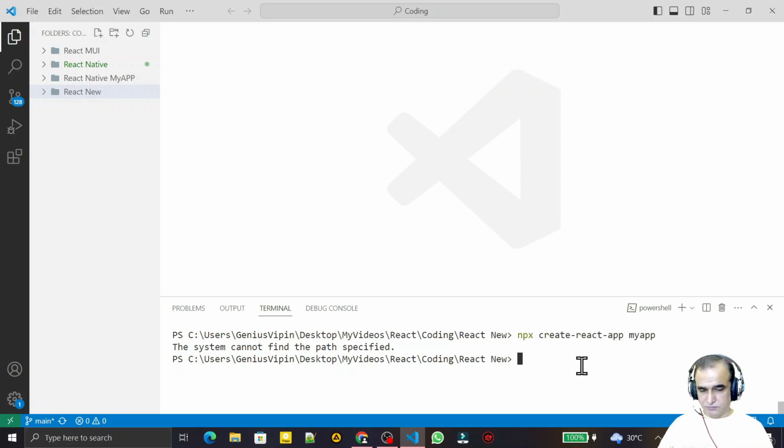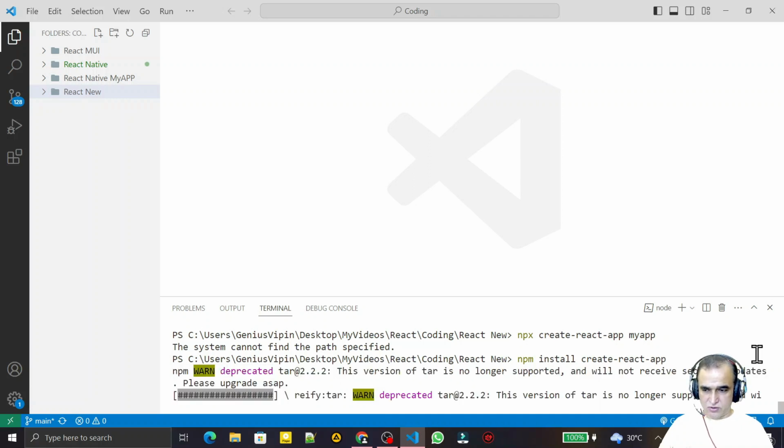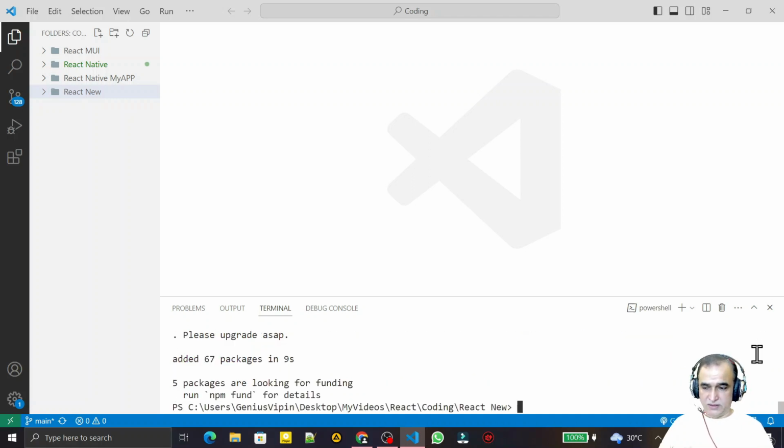Remember that by default create-react-app is not available, but you can install it with npm install create-react-app. And remember not to put -g here, because by using -g we install it globally, and globally it is not supported. Locally in this directory I am installing this for use. So I run this command, npm install create-react-app. You see, this command will install it here as a library. By default it is not installed. If you update your node version, then this library is not supported.